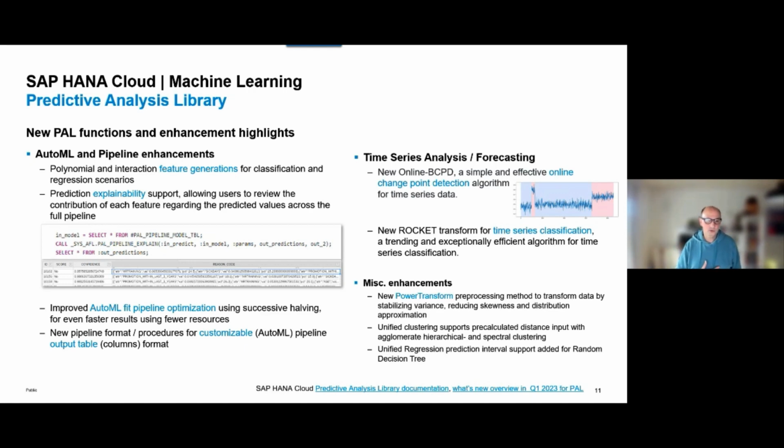This is now also supported with this customizable pipeline approach. In the area of time series functions, we now support online Bayesian change point detection, a new change point detection algorithm, which is typically used in two scenarios. One is you have a forecasting project and you'd like to know how many change points do I have in